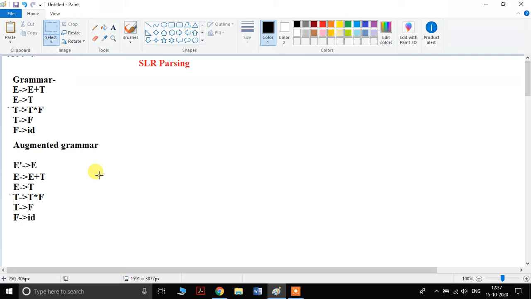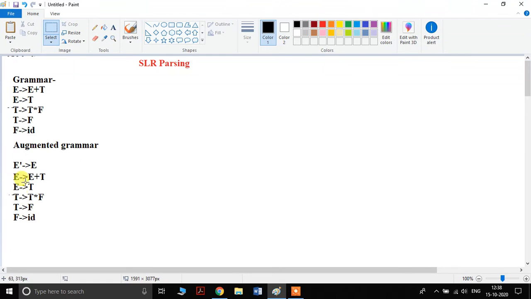If you want to make any grammar an augmented grammar, what do you have to do? You have to just find the starting symbol of that grammar and place a new variable, the starting symbol dash, tending to the starting symbol of this grammar. Here the starting symbol is E, that's why we have placed E dash tends to E.